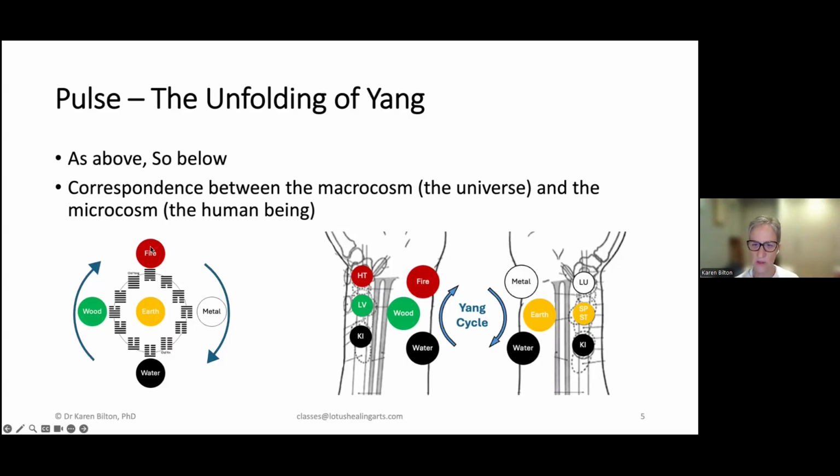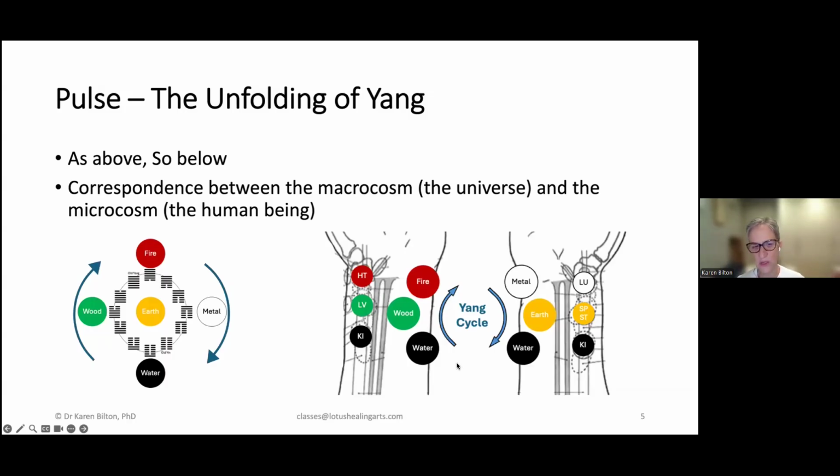I'm sure everybody's familiar with this diagram of the cycle of yang, where we have our birth of yang in water, increasing yang up through wood to its apex in fire, and then the declining yang and yang going into storage, and the growing yin through the metal phase back into water, with earth in the center supporting everything. Now we can see that